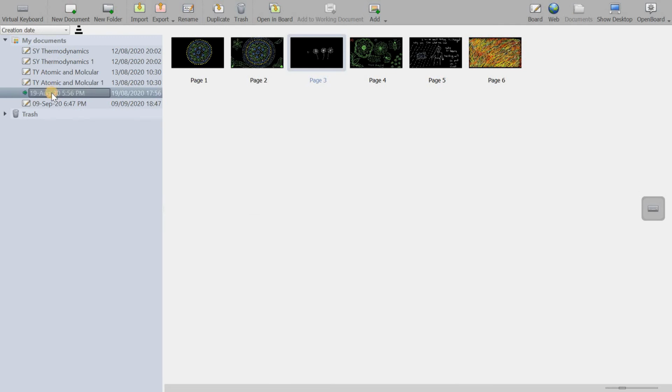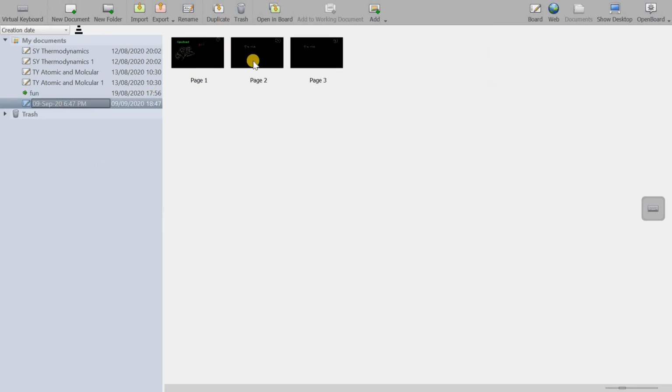Suppose I want to rename, you can do it directly also, sometimes it doesn't work, so you can do that. And here also, like this option we made. So basically, if I want to delete, I can delete from here. Move to trash, and suppose I want to make a duplicate, so I can make a duplicate also. It will store with another number. So I have two same documents, and I can choose whichever I want to work with.